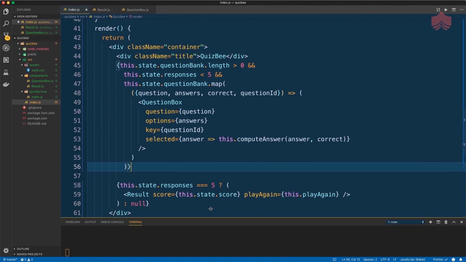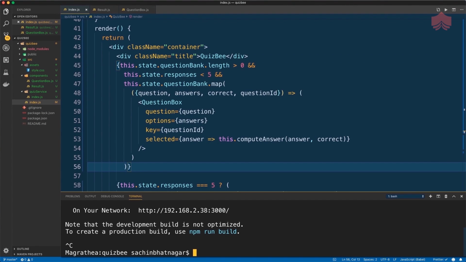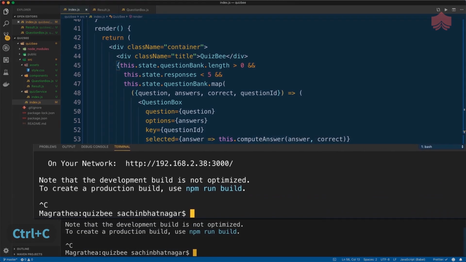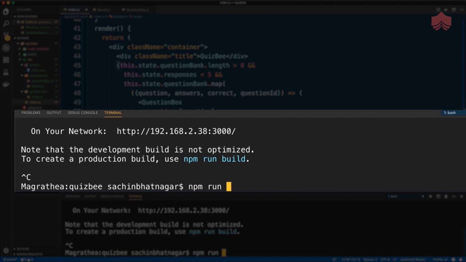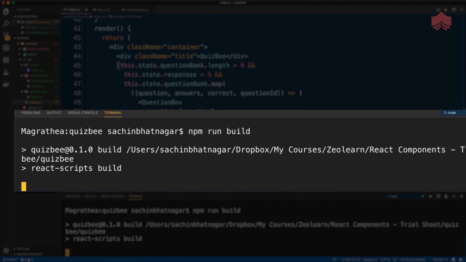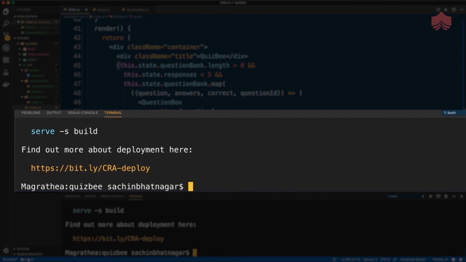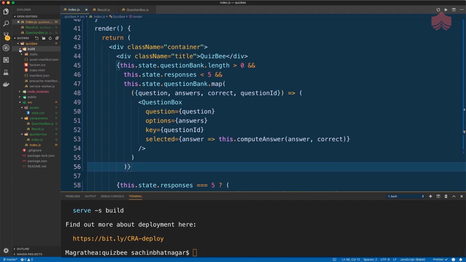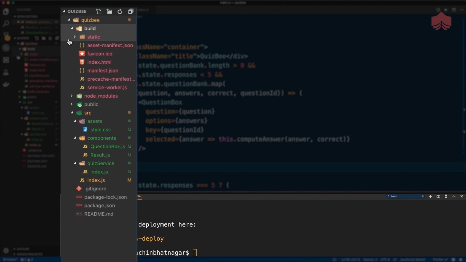So let's create a production build. First up, I'm going to terminate my development server by pressing Ctrl+C. Then we'll execute npm run build. This will take a couple of seconds depending on how big your app is, and at the end, you'll get your final build ready to deploy in the build folder.